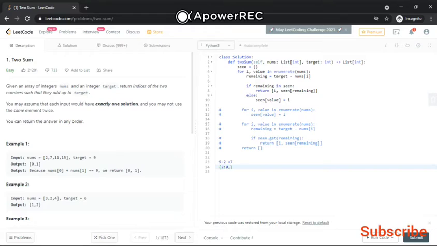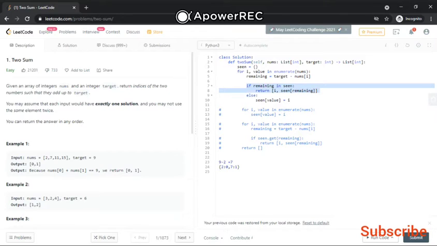It will store data something like this, because 2 is at index 0 and 7 is at index 1. We will do a loop on it, so we have to implement a logic that will stop it. How can we stop it? We check whether the remaining value is present in the dictionary or not, by this logic.